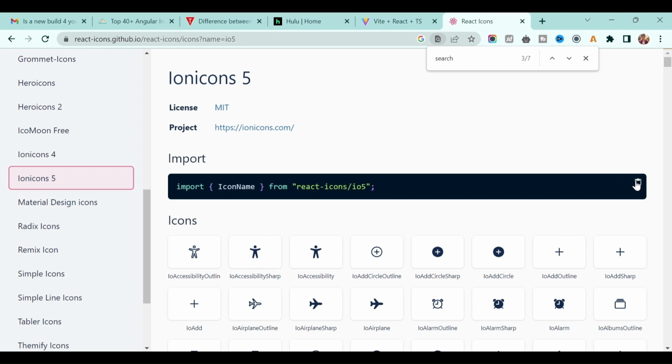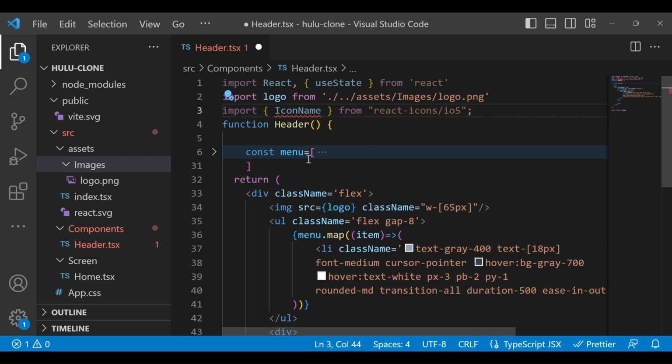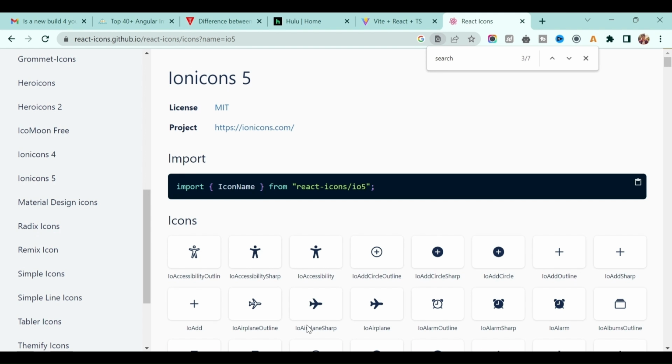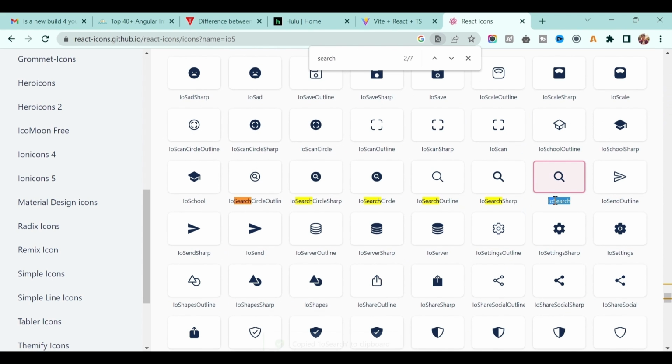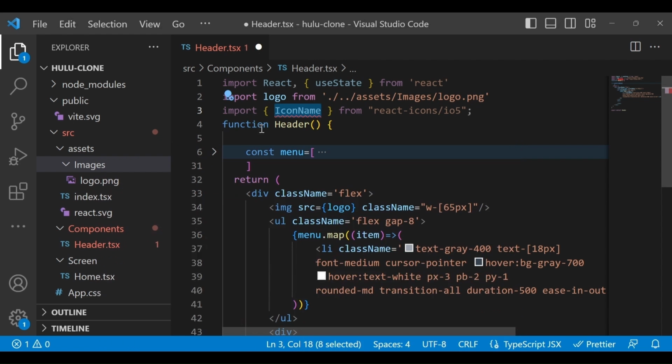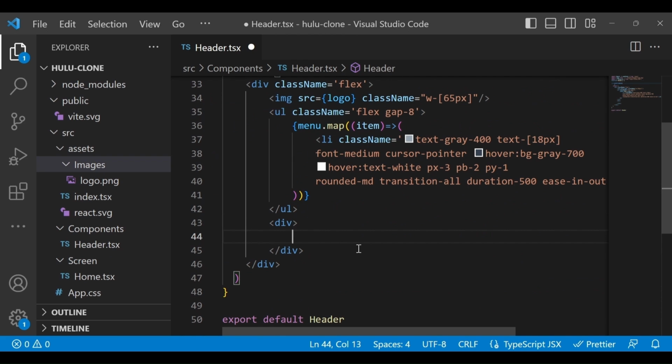Make sure once you're done with the installation of the React icons, and the one which you want to use, copy this line of code. You have to import that particular icon type, right? So icon library means I will add this one, and you have to replace this icon name with the icon you are using. For example, in this case I will use this search icon. So let's say IoSearch, right, and replace this icon name with the IoSearch. Next, in order to use it, it's very simple. You have to use it as a tag, and that's all, right? And then you can give some class name. Let's see how it looks.